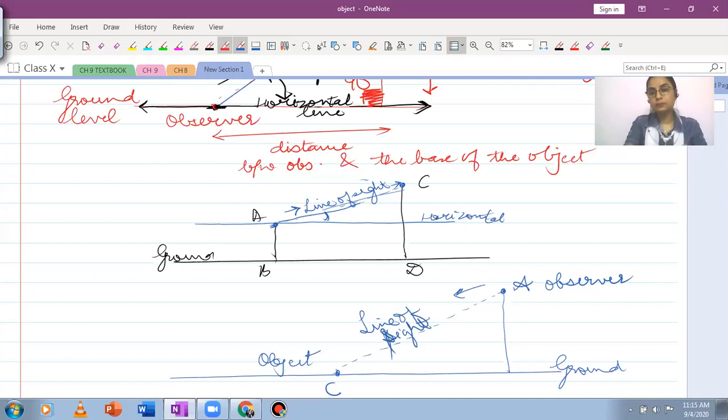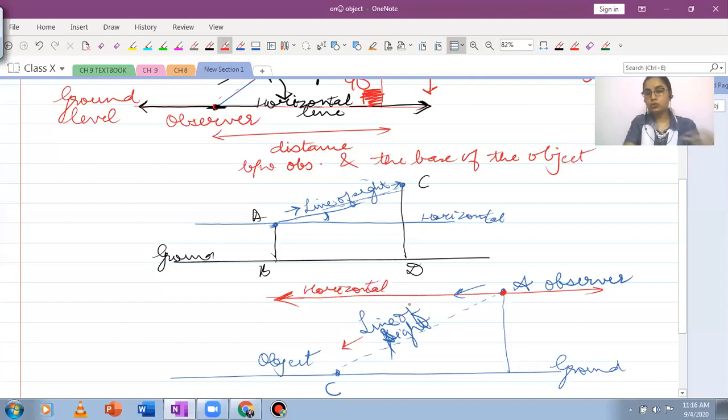Now we have to mark the angle, but the angle will not be called the angle of elevation. The angle will be called the angle of depression. And that angle will again be shown by first drawing a horizontal right through the point of observation. So this is your point of observation, point A. You need to draw a horizontal right through this point. This is the horizontal through the point of observation. And you need to mark the angle between the horizontal through the point of observation and the line of sight. So this here is called the angle of depression.